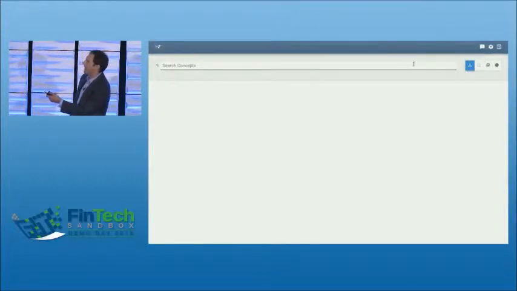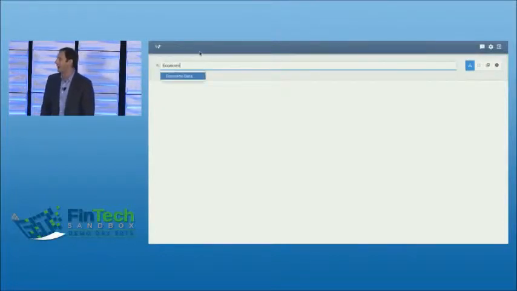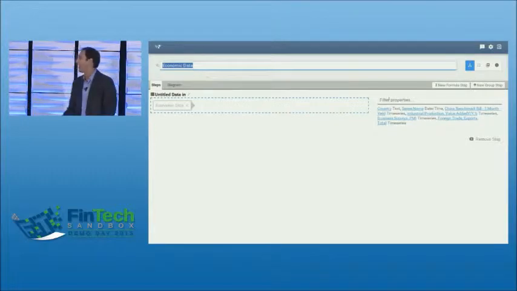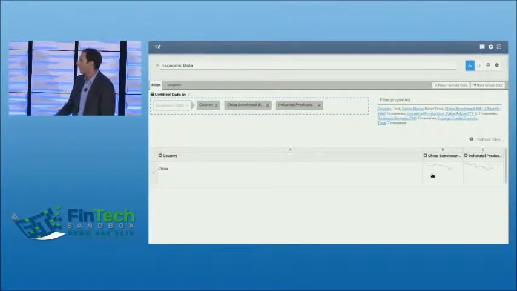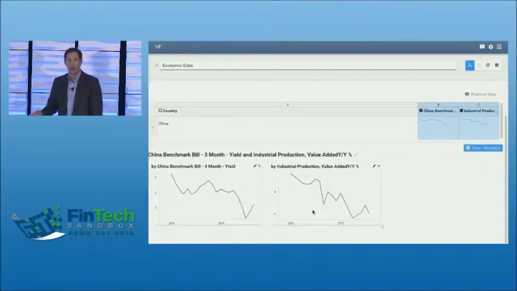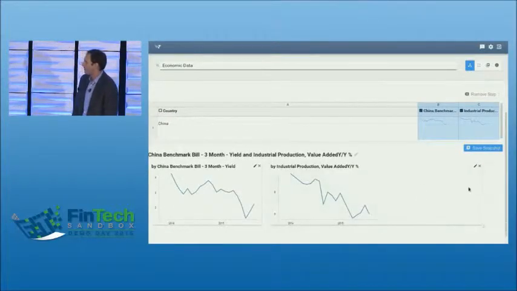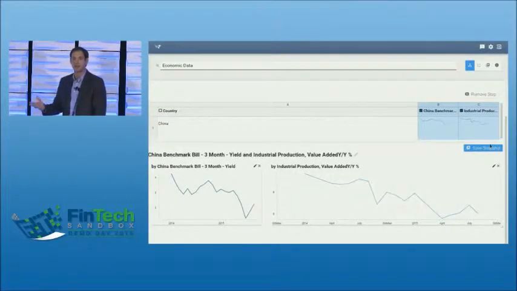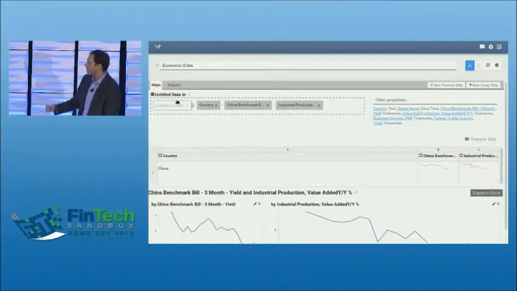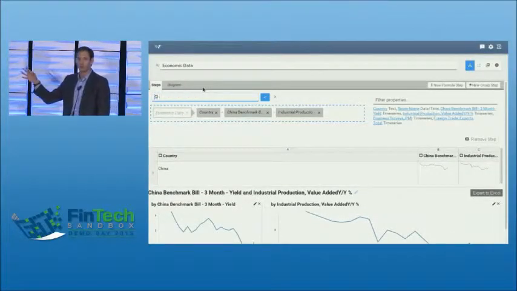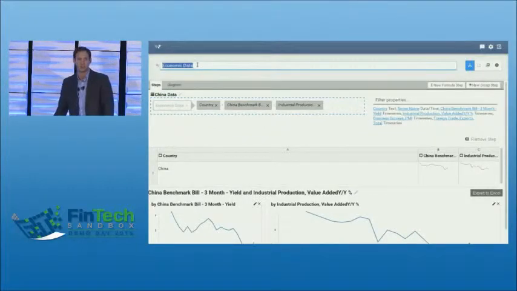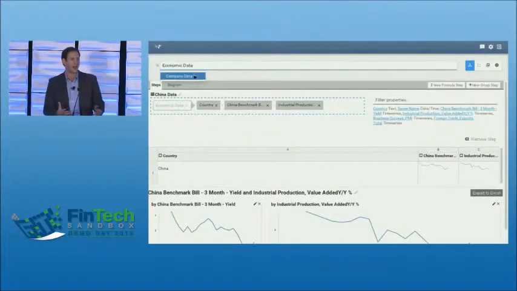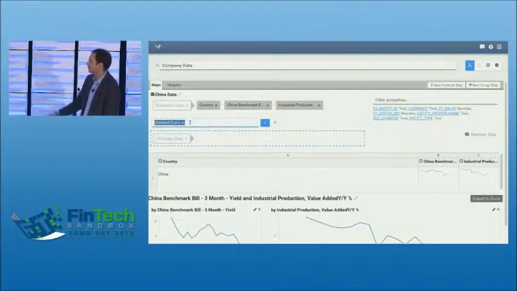Jumping into the analysis, we can now search for that key term, economic data, and instantly visualize those Chinese economic indicators we loaded into the platform. All the charts we make are entirely interactive, adjustable, and filterable in real time to provide deep dive analytical capabilities. I also previously loaded some sample company data, just some random things about companies that an analyst may want to look at in the context of these recent Chinese economic events.